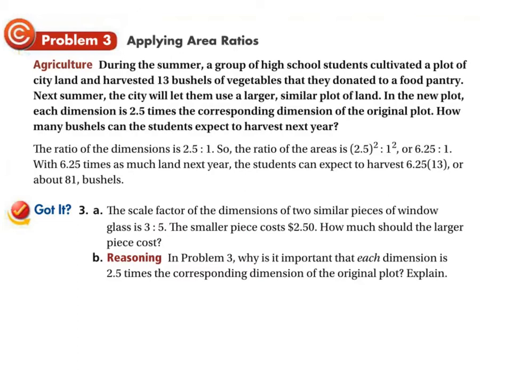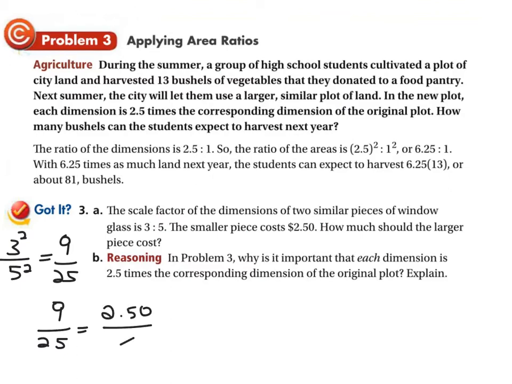Okay, so if we have a scale factor of 3 to 5, then we need to do 3 squared over 5 squared to find out what the area ratio is, and we have it as a 9 to 25 ratio, right? So if we say, okay, 9 to 25 scale factor equals a cost for that area of 250, what will be the cost of the larger area, right? And we get